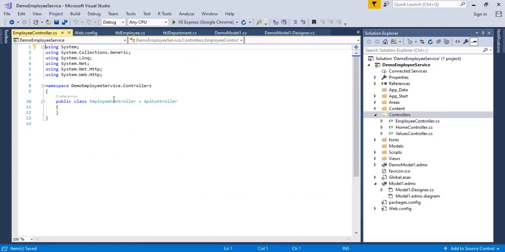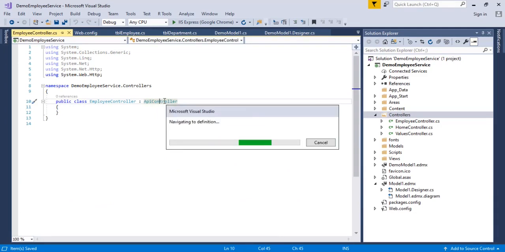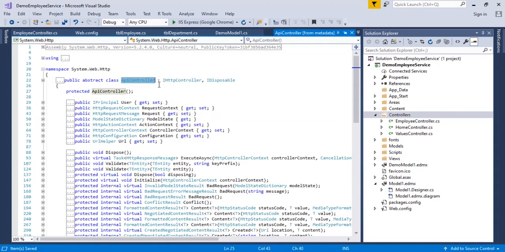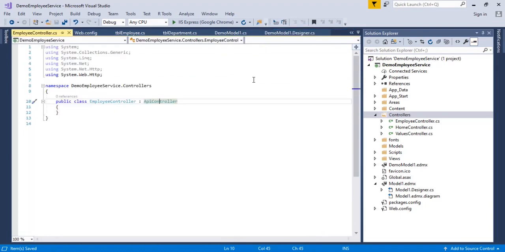Every controller you create will inherit from API controller. This is the base class actually. If you go and see into the definition, it is inheriting from IHttpController and IDisposable. Now you are going to write the logic for getting the request, processing the request and displaying the result.